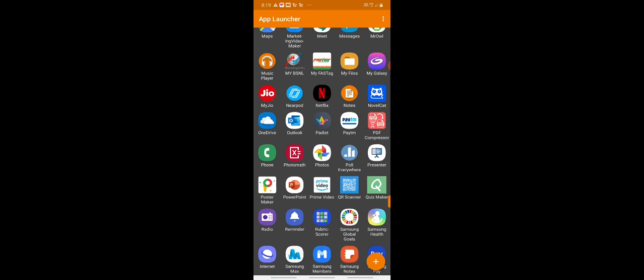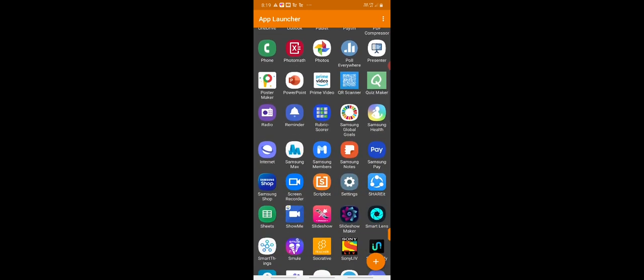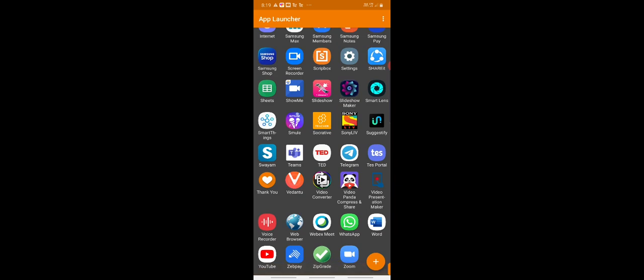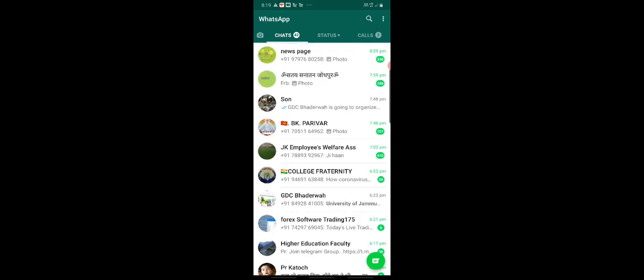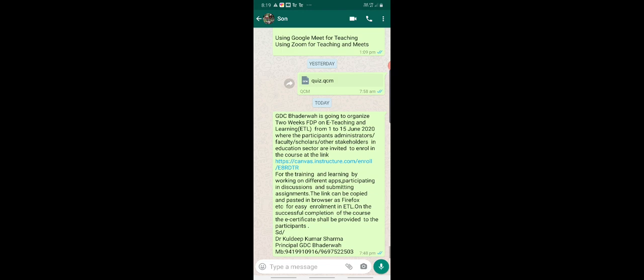Once the course is ready and the code is shared, let me check where the code takes the learners. So this is the code and we are going to check it. So it is taking us to the Canvas student app.